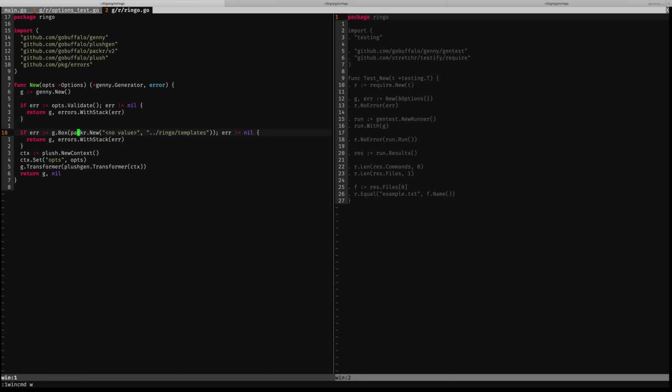What we're going to do here actually is use Packer to add an entire set of files to our generator. And we can do this because Genny generators have support for adding packed boxes. And packed boxes are an interface that Packer also implements that basically represent a folder on disk. And when we pass one of these boxes into our generator, it's going to take all of the files that are in that folder and its nested folders, and it's going to add them to the generator